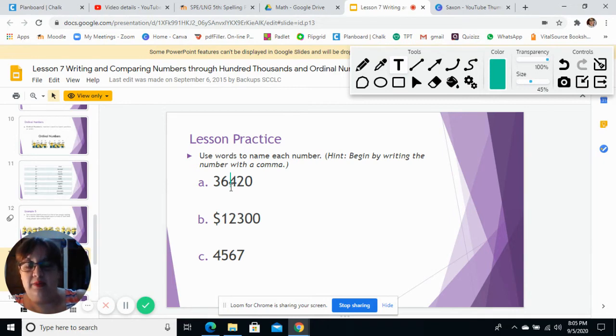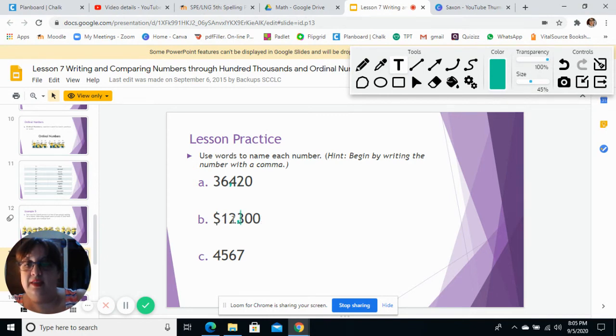I'm going to add my commas here, if it'll let me. There's my comma. 36,420. Remember, when we add the comma, we want to count back 3 spots, and that's where our comma goes. 1, 2, 3, and then our comma is going to go right there between the 2 and the 3. Remember, this has got a dollar sign,